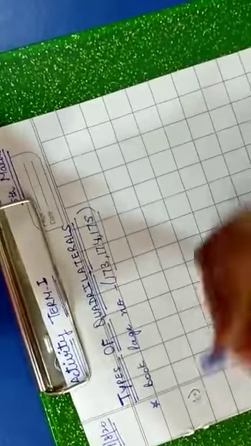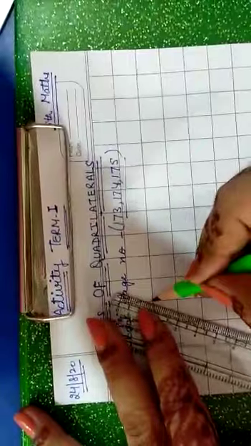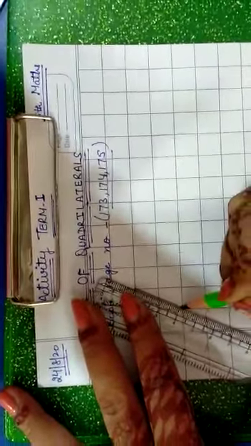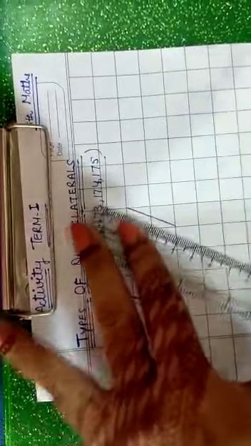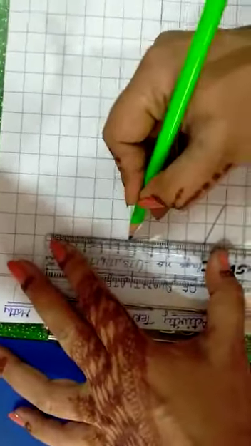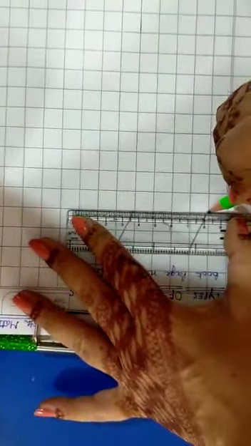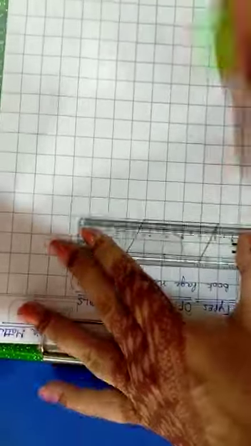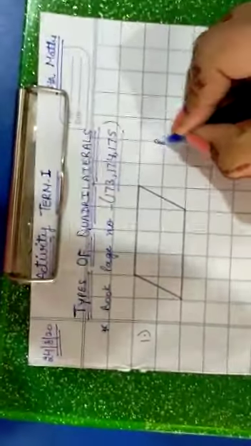See, I am starting with one. Type 1, it is a parallelogram. Let's see how to draw that. You should be careful while drawing that. See, we are drawing. So I am taking box sheet. It will be convenient for you to draw the quadrilaterals accurately. Construction is not possible for you at this stage. See here. First one. This is a parallelogram.